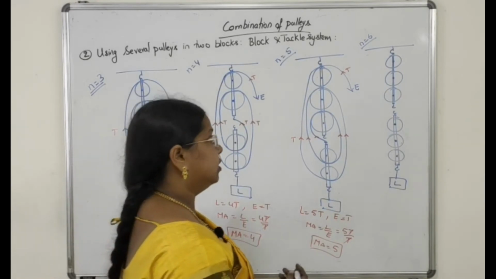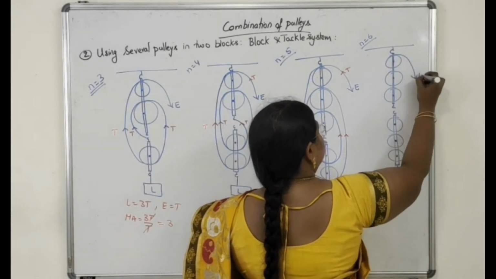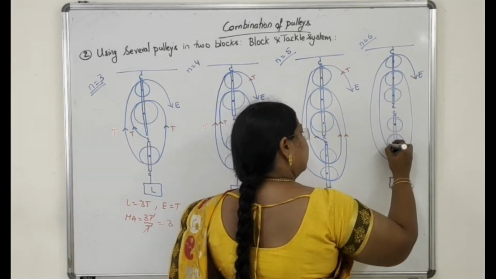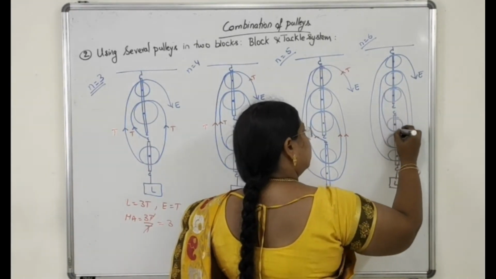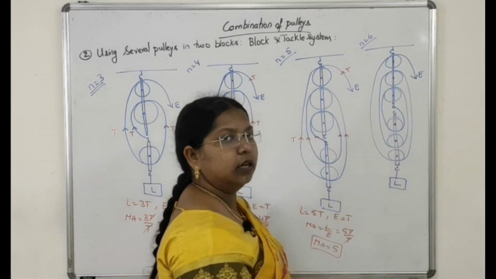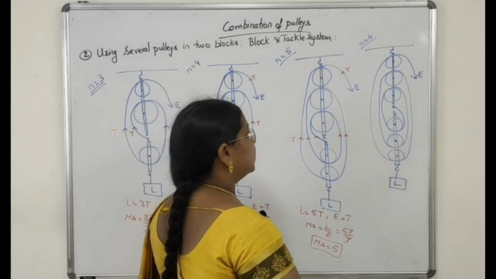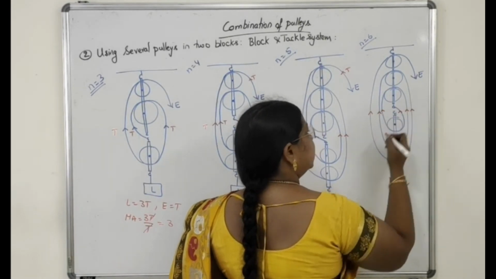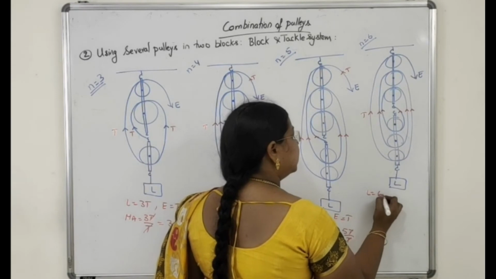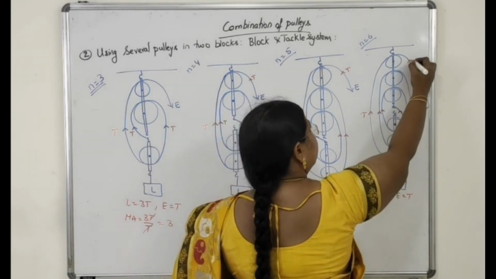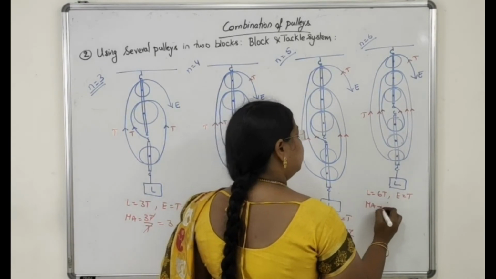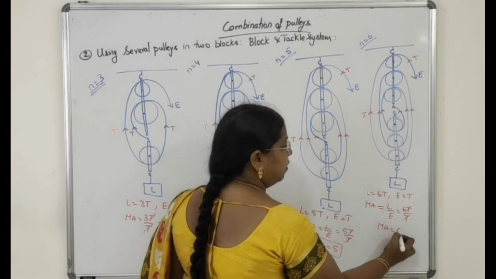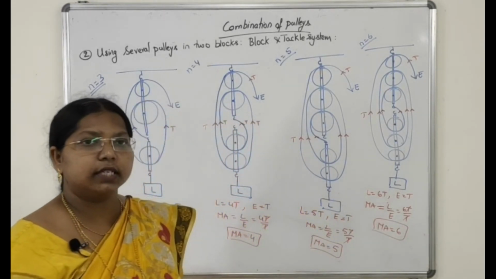Now, let us draw the string. Let us fix the string. With downward effort, come down. One more is there at the top. One more round. So, no more pulleys. So, fix it to the upper block. Clear? Now, your load is supported by 1, 2, 3, 4, 5 and 6 segments. So, your load is equal to 6T. Effort is equal to T. MA is equal to load by effort, 6T by T. T, T will be cancelled. Your MA will be equal to 6.